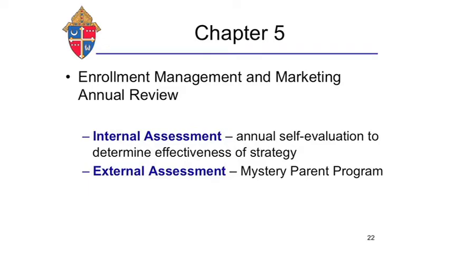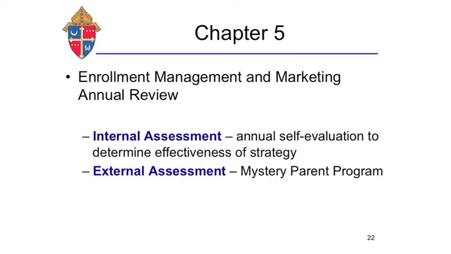The first of which is an internal assessment. Each year, schools are going to be asked to review how they are approaching their marketing and rate themselves on a 100-point scale to determine through that criteria how your school performed. And there's an example survey tool that's included in the marketing toolkit. We're going to juxtapose that result against the results that schools achieve through the Mystery Parent Program, which is the